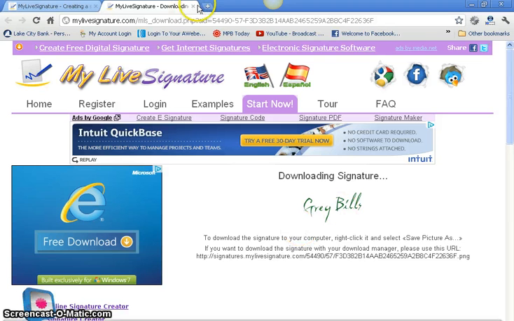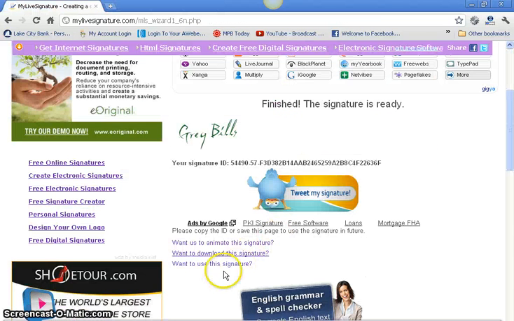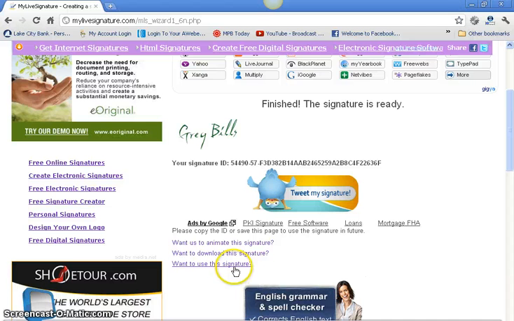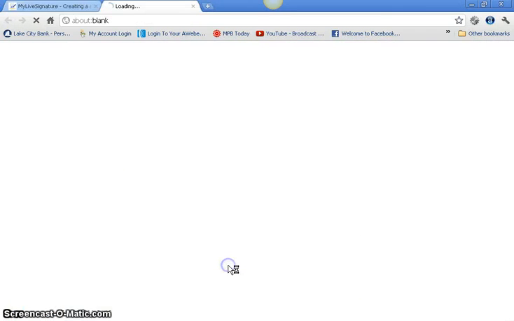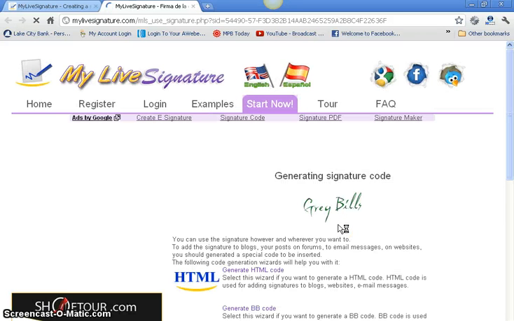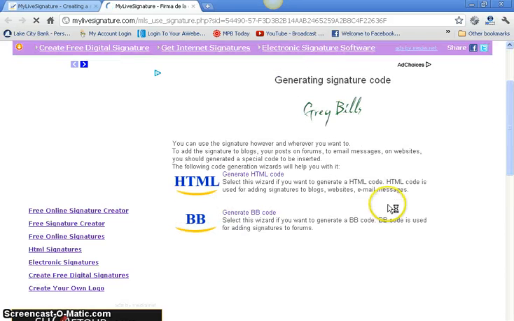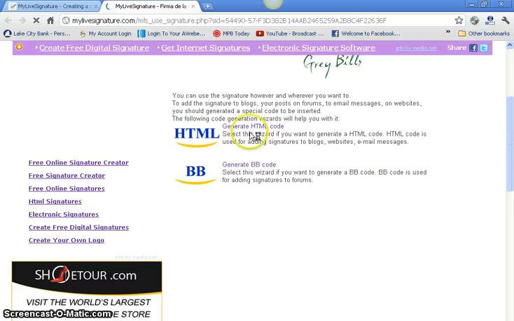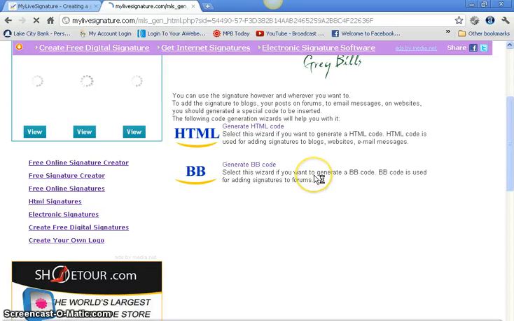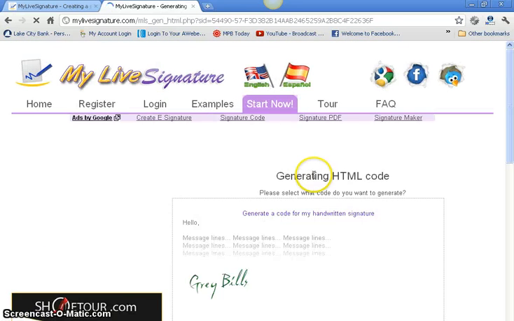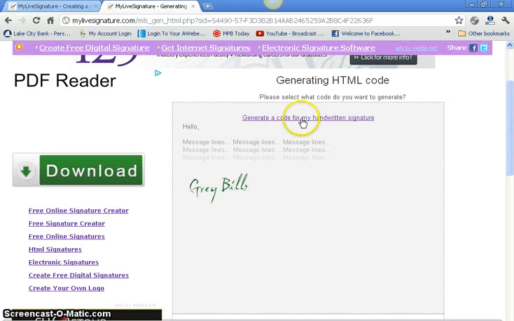And then what I'm going to do is come up here and close this out so that I can go back here, because there's one more thing I want to do. I want to use this image. So I'm going to click on use this image, and what I'm going to do here is create a code, an HTML code. So right here I just want to click on generate HTML code,